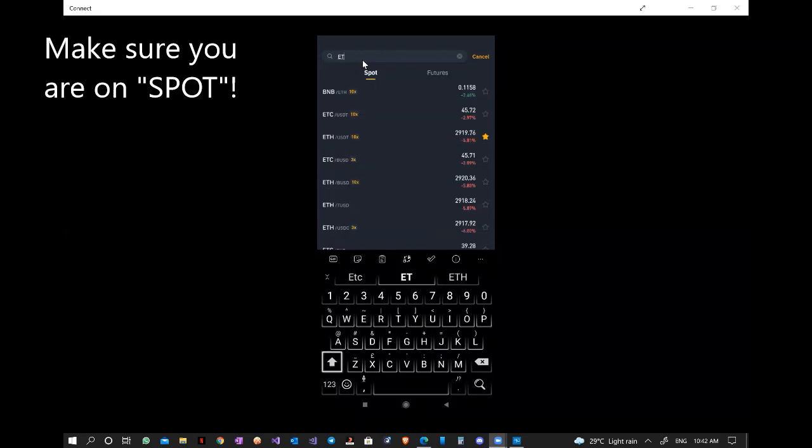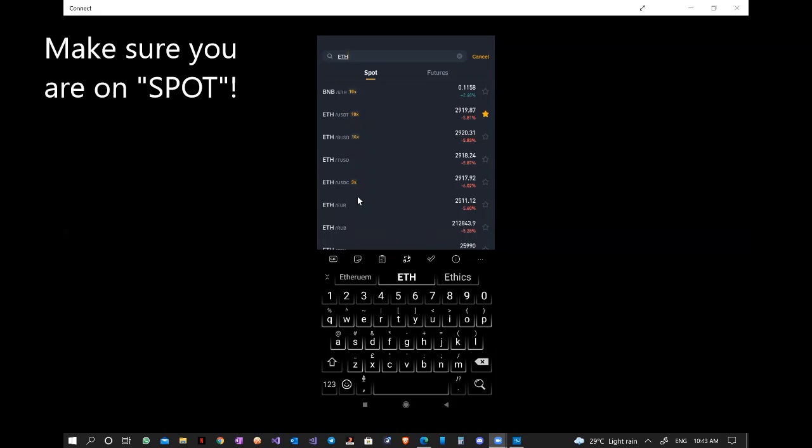Once you do that, all the ETH pairs will pop up, as you've seen here. You have BNB, ETH, ETH USDT, ETH BUSD, Binance stablecoin, ETH TrueUSD, ETH Euro and so on. You want to go to the particular pair. Remember, it's a pair. In your position, you want to go to ETH USDT, which is Tether, or ETH BUSD, depending on where you want to sell out to.